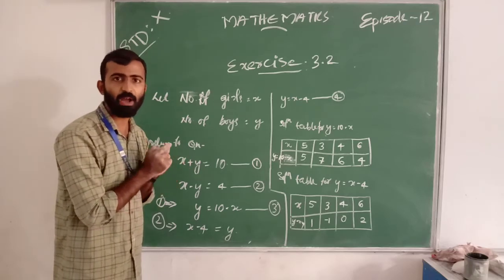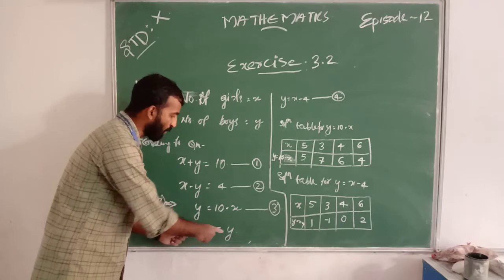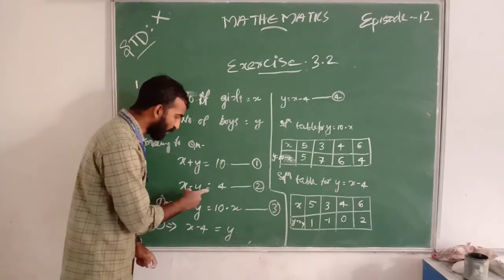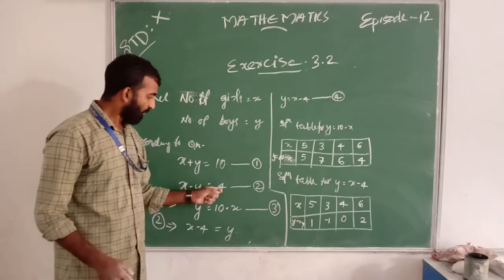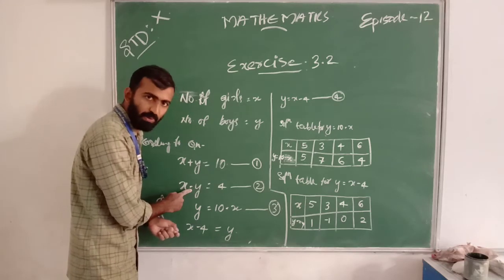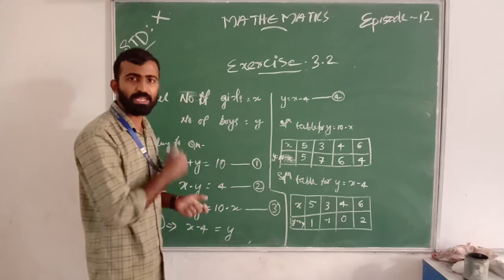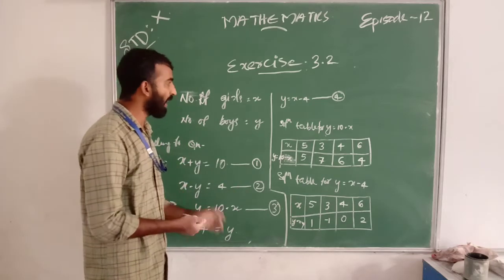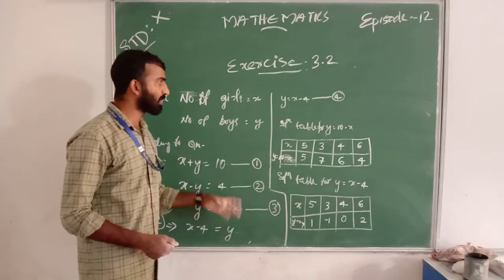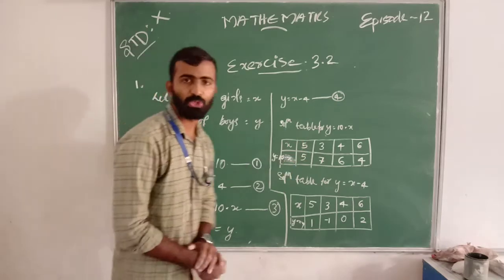Is there any doubt? Next one is x minus 4 equal to y, or otherwise you can write x equal to y plus 4. Here y is negative, or the subtraction goes to the right side, then it is addition. Here I take the y variable, so y equal to x minus 4, and first is y equal to 10 minus 6. We get two solution tables.